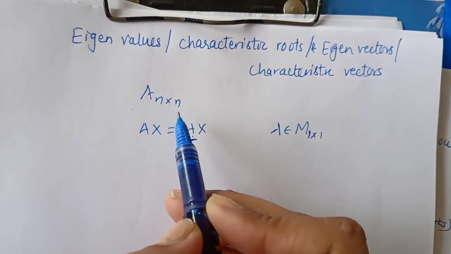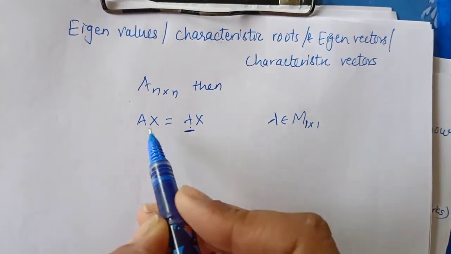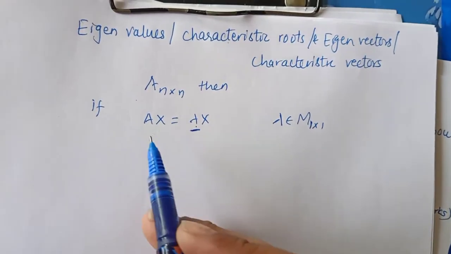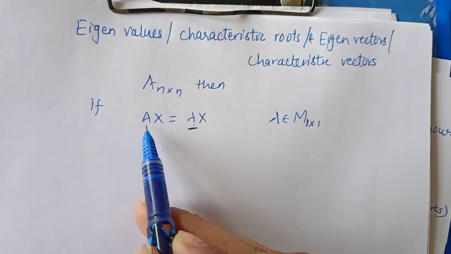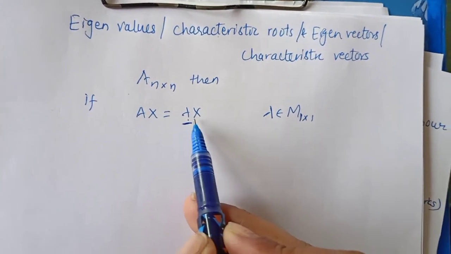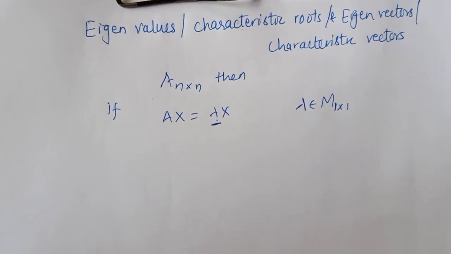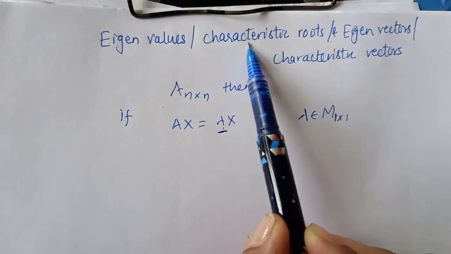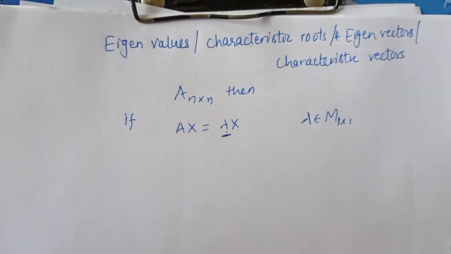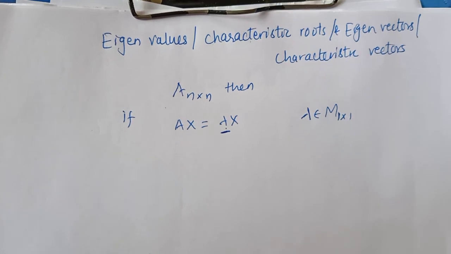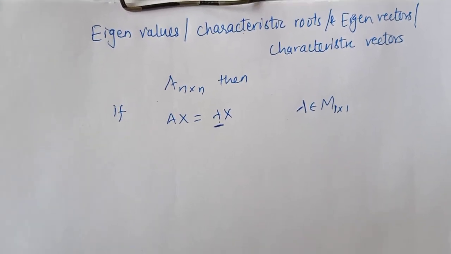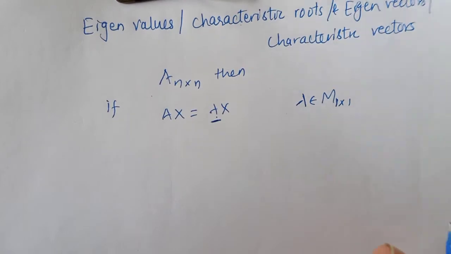Suppose A is n cross n matrix, then if Ax is equal to lambda x for some scalar lambda, then lambda is known as the eigenvalue of A corresponding to eigenvector x. Alright, so why these are called eigenvalues? As the name suggests, characteristic. So they are going to tell about characteristic of the matrix. Just looking at the eigenvalues only, we will be knowing several properties about the matrix. Alright, we'll look at them later on.